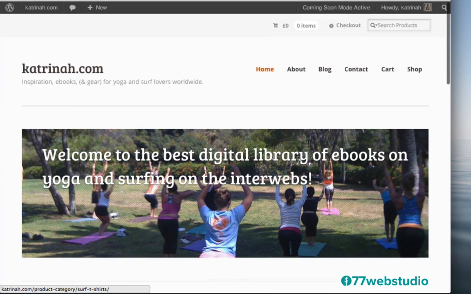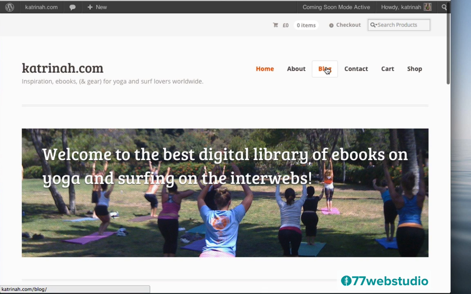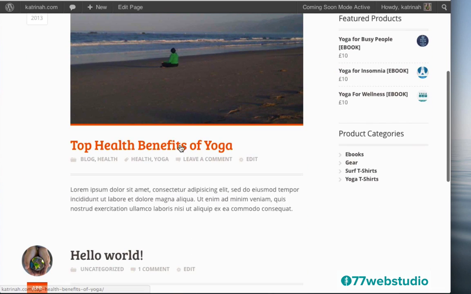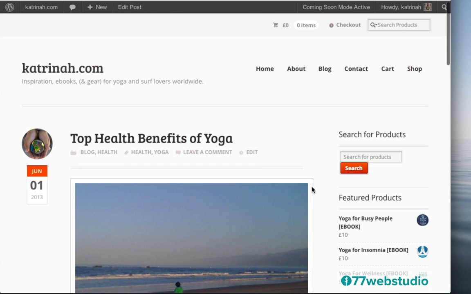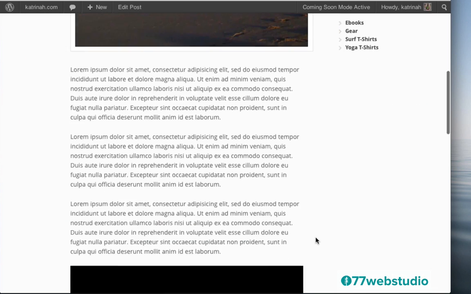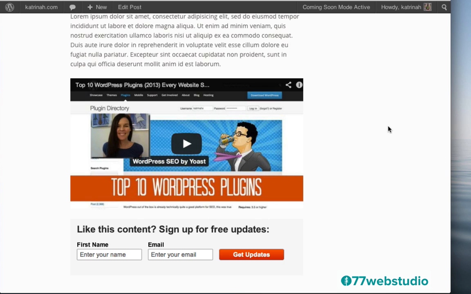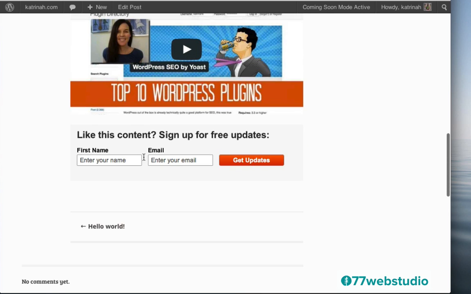So let's take a look at the other pages on our site. We've added the blog index page. I'm going to click on that here. There we go. And when I click on this blog post, we have our blog post in our sidebar. We also now have our footer area. And also note that because I just added the Magic Action Box, we now have this extra box here, this other call to action, inviting everyone to sign up directly in your blog post, inviting them to sign up for your email list right under your blog post. So again, if you watch that other video, then you'll know exactly how to add this as well.